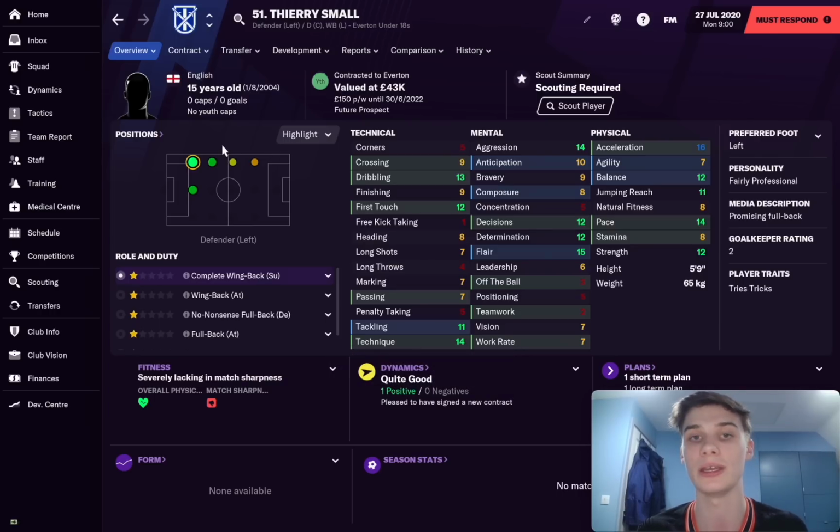Now the best thing about him is of course you can approach to sign him, and he's only 15, so he's going to have 3 years in your youth team of development. He's going to come out a completely different player. You can mould him into whatever you like because he's got so much time to grow. He goes on to be one of the best left backs in the world now after the winter update, and